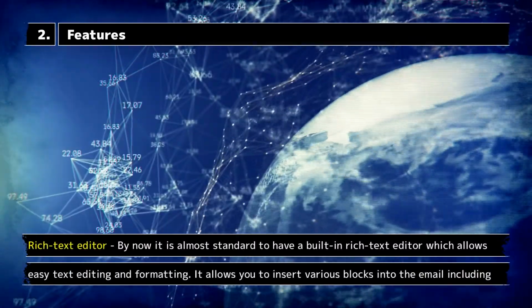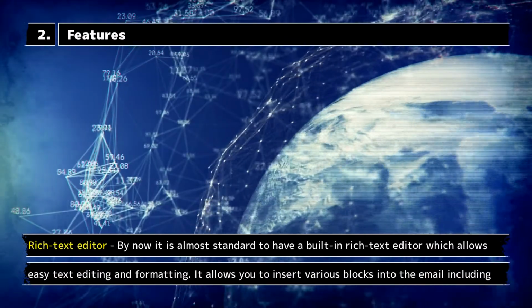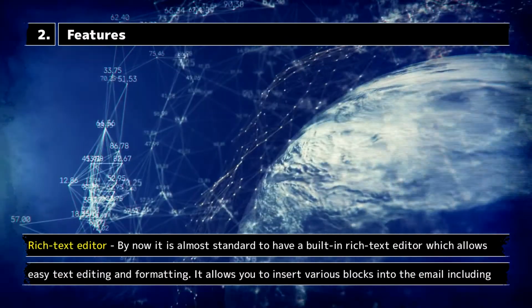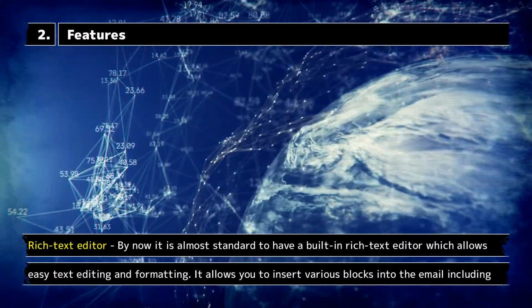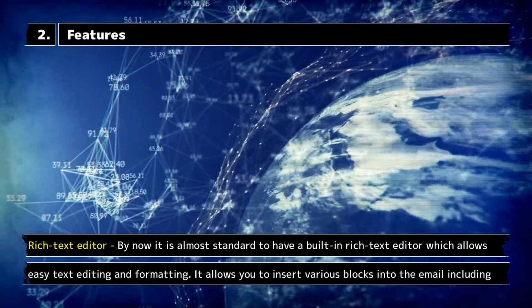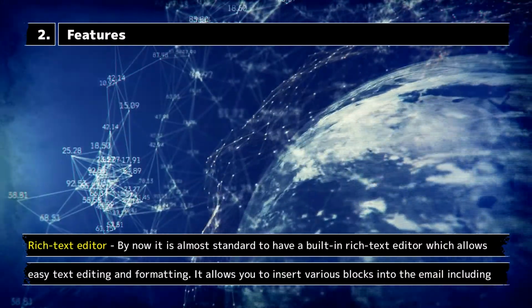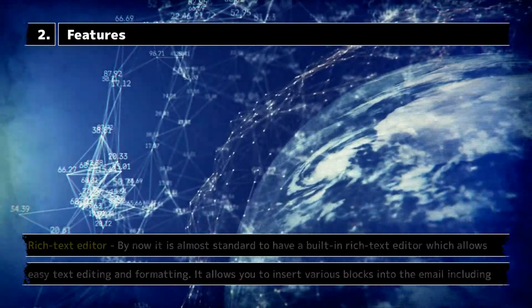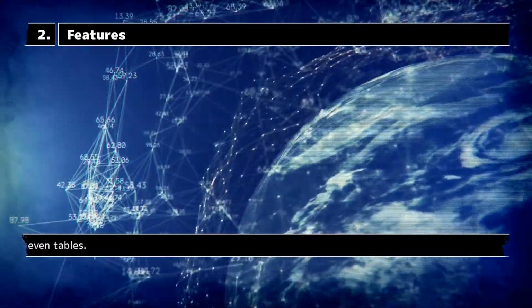Rich text editor. By now it is almost standard to have a built-in rich text editor which allows easy text editing and formatting. It allows you to insert various blocks into the email including event tables,